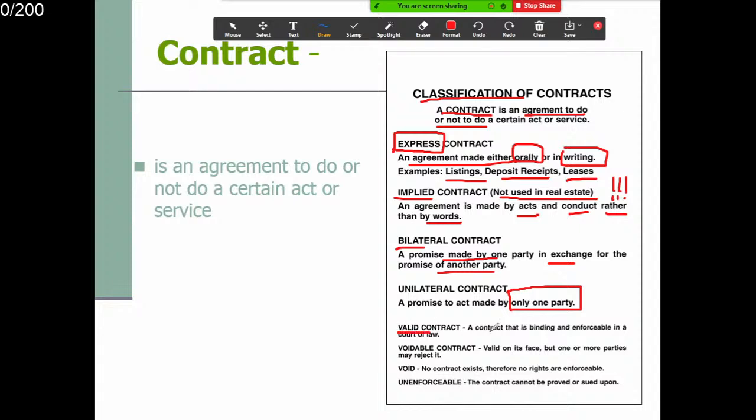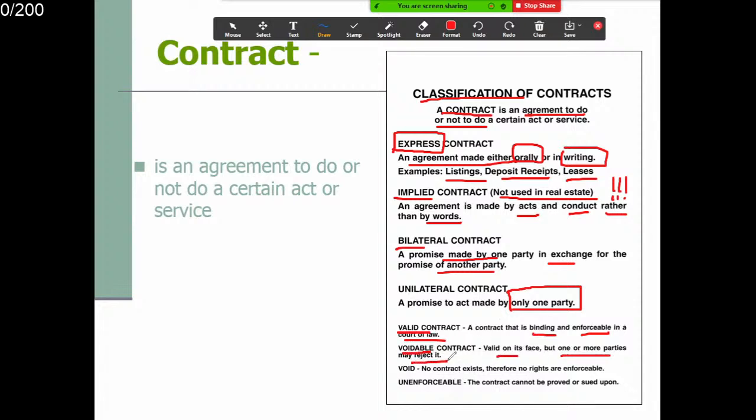A valid contract, okay, is binding and enforceable in court of law. Okay, what is a valid contract? Okay, it could stand up in court. Okay, the judge could use the contract to decide what's going on. Okay. 有效的，OK，这 valid，OK，协议，在法庭上面呢，它有效的，OK，法官可以用这个协议来判断，OK，